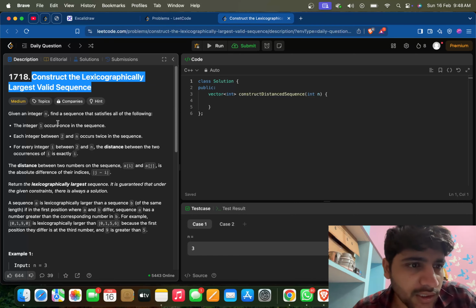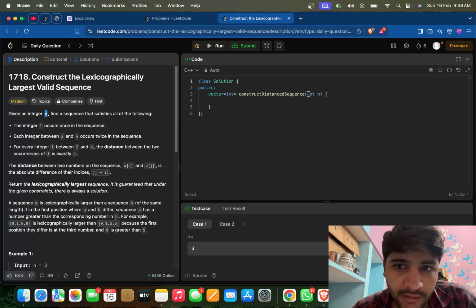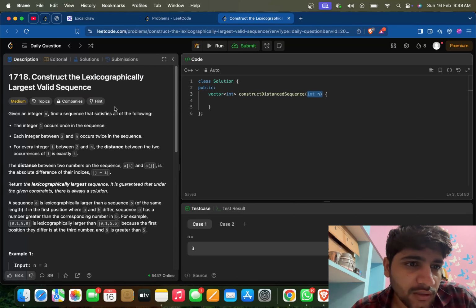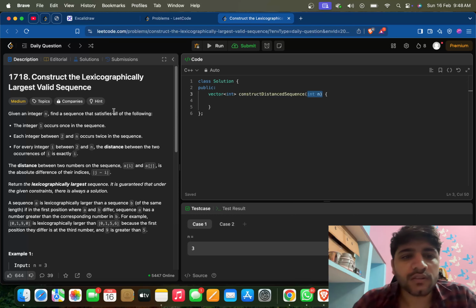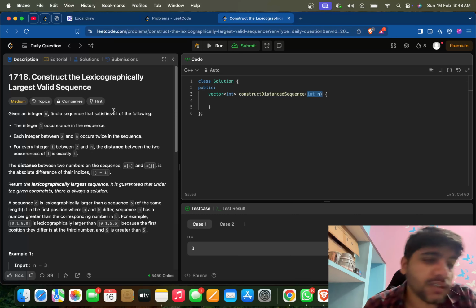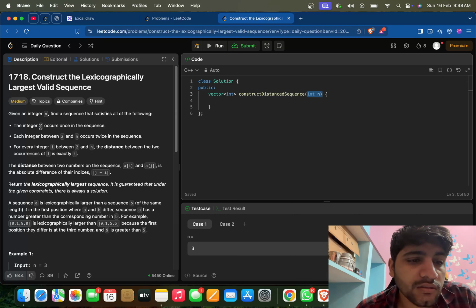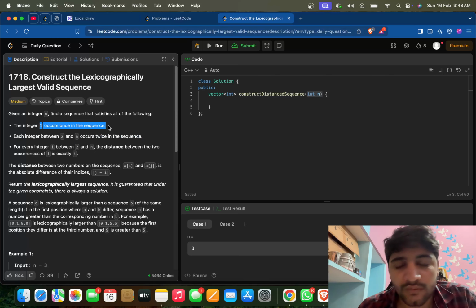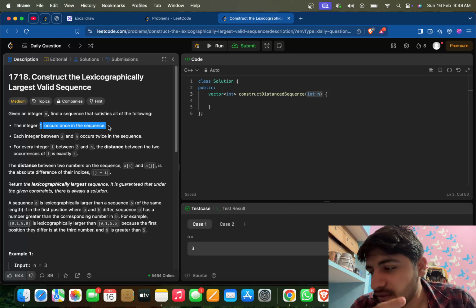Let's get into the details. We are given an integer n, and we have to find a sequence with this. In that sequence, integer 1 should occur only once. Each integer between 2 and n, meaning the rest of the integers, occurs twice in the sequence. Only 1 occurs one time in the sequence. So we can think from that